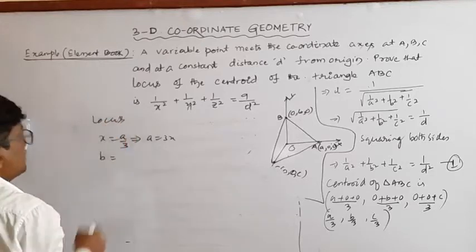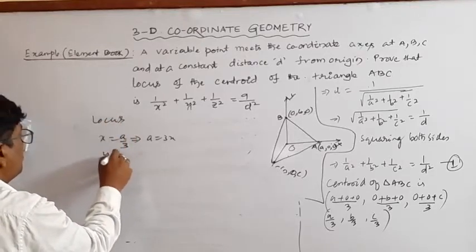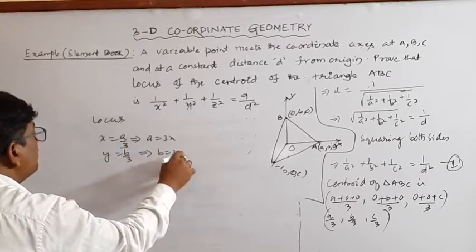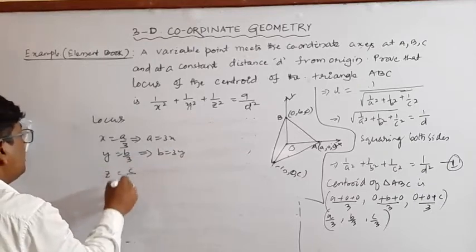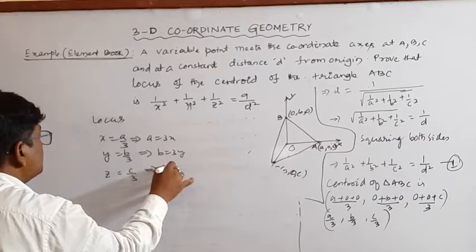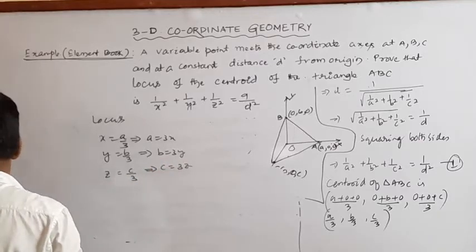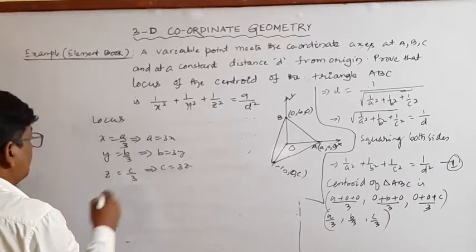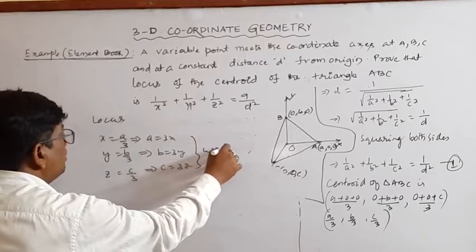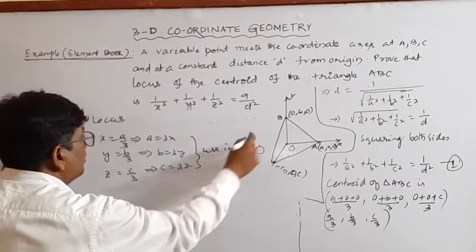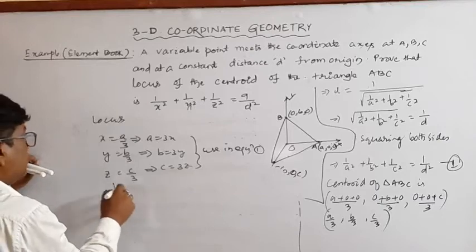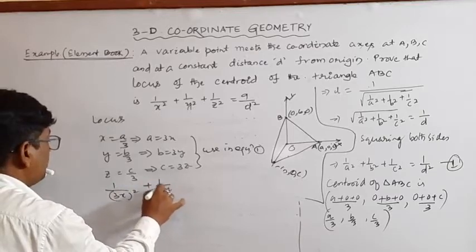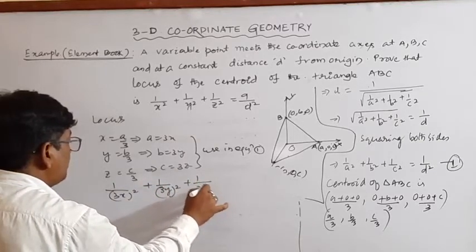Similarly, y is equal to b by 3, that implies b is equal to 3y, and z is equal to c by 3, that implies c is equal to 3z. Put the x, y, z values in equation 1. That implies what? (1 by 3x) whole square plus (1 by 3y) whole square plus (1 by 3z) whole square